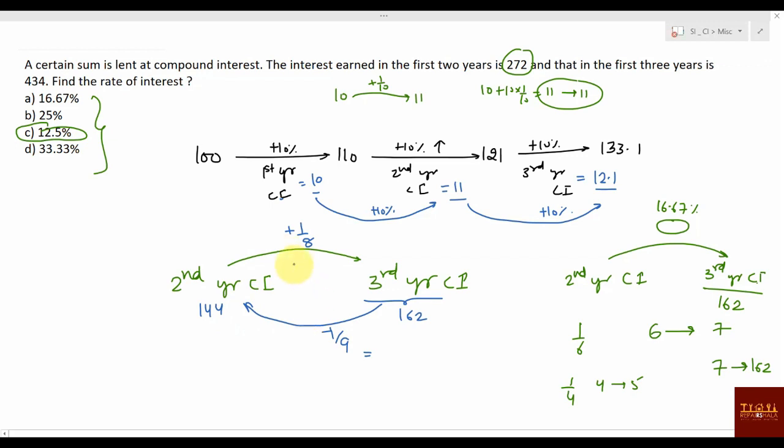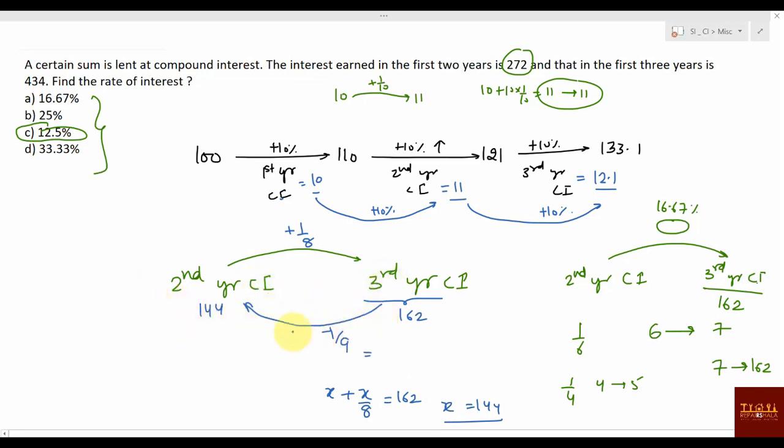If you don't understand, this is the CPR thing, constant product ratio. Or you can say, suppose X is there and it is increased by 1 by 8. So X plus X by 8 is given as 162. What is the X value then? You can say X value will be 144. You can solve and get the answer. You will get 144 itself. Or you can simply apply this method and then you can say it is 144.